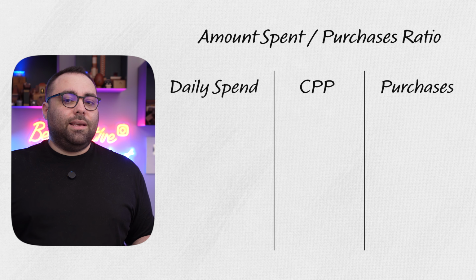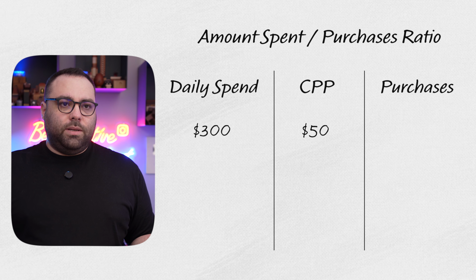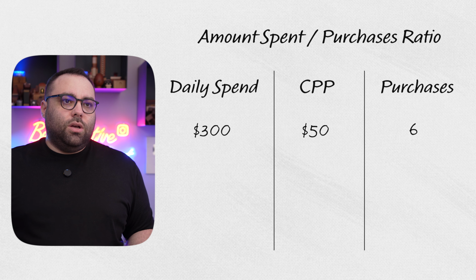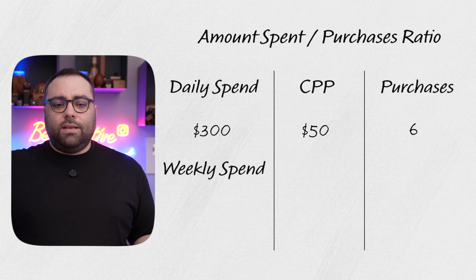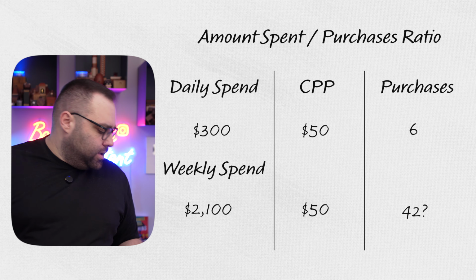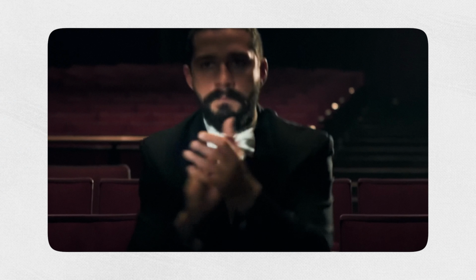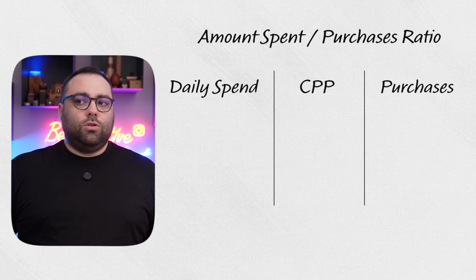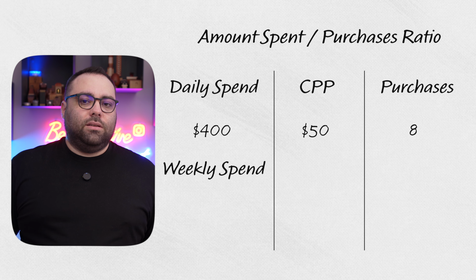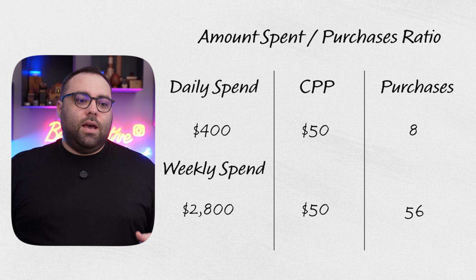I have a very easy example. My video editors will help you with the numbers here. So let's say that we're spending $300 per day and we have a $50 cost per purchase. So we have 6 sales. Okay, so in the 7 days we have 42 sales, I believe. Okay, after some quick math, we have 42. You have to admit that I was correct. So we have 42. So what does Meta say? You need to spend a little bit more to pass the learning phase. So spend 400 so that you can pass the 50 events in the last 7 days.